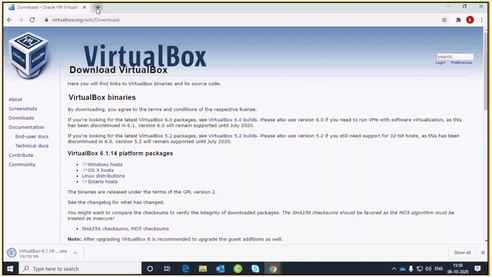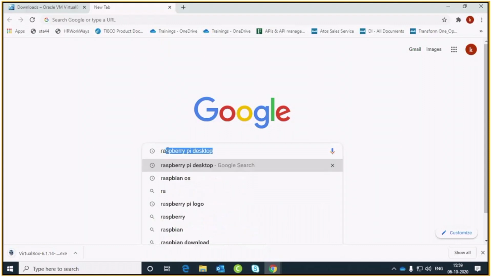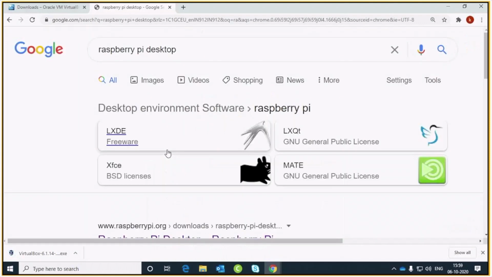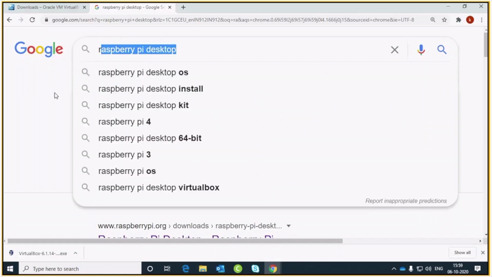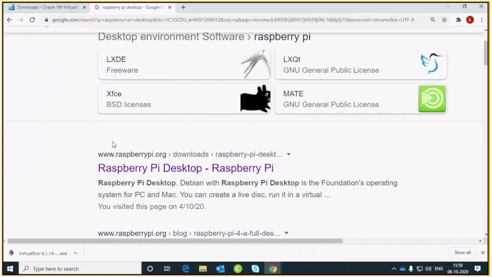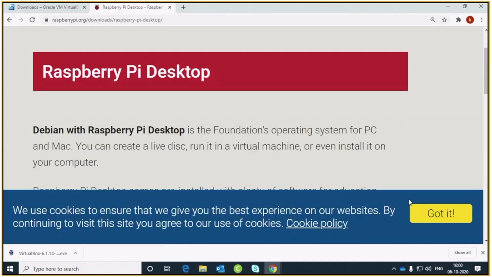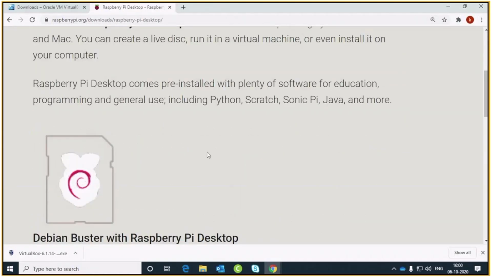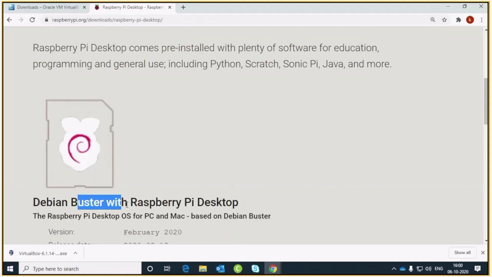Also, I will download the Raspberry Pi for desktop. Just type Raspberry Pi desktop and go on the official website of Raspberry Pi. You will see here a Debian Buster with Raspberry Pi desktop.